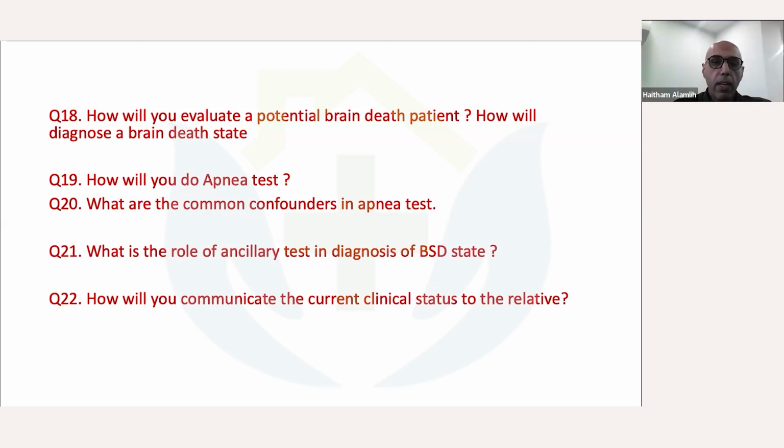Okay, so first of all, we have to sit in a private room with private settings. I need to ask the relative what they know and what they are expecting for their patient, because we need to break this bad news. Then I will start to explain to them that the brain is not functioning. So unfortunately, there is no hope, the possibility of recovery is almost none. Then we have to discuss the other plan for organ donation, or terminate, or even disconnect the ventilator.